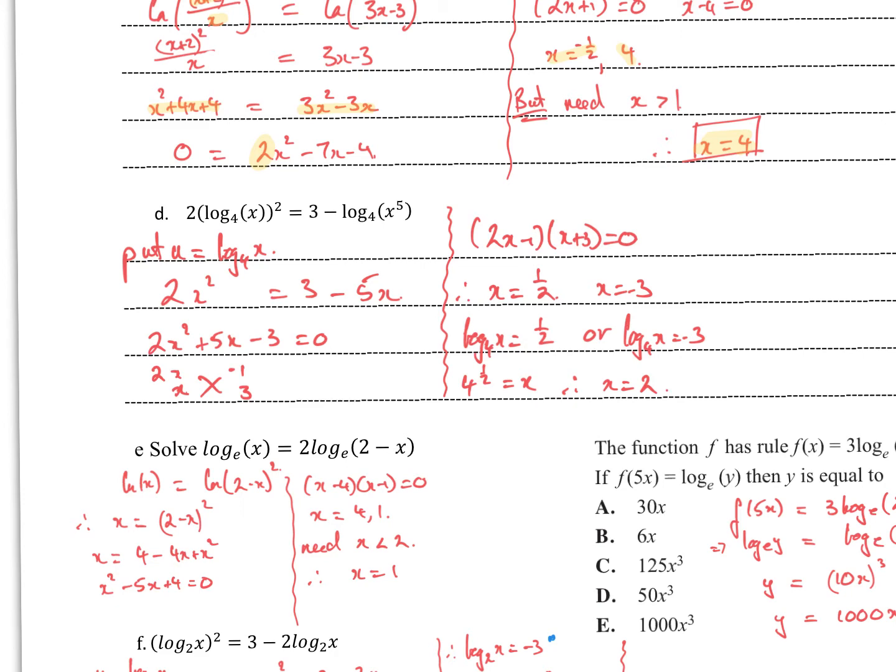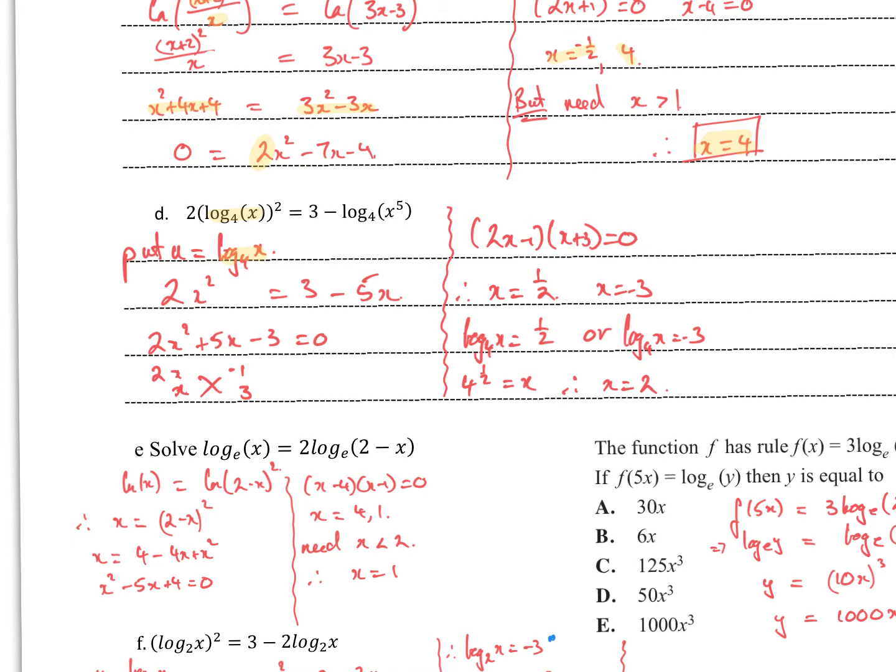Okay, D is a little bit different because if you're not careful, it looks like we can just bring the 2 out the front, but we can't. It's log base 4 of x all squared with a 2 out the front. So in actual fact, it's a bit of a quadratic expression because we've got log base 4 of x to the power of 2, as opposed to log base 4 of x squared, which is just the term being squared. So if I put u equal to log base 4 of x,